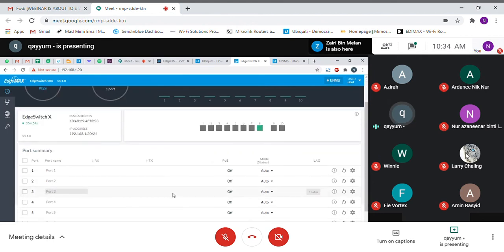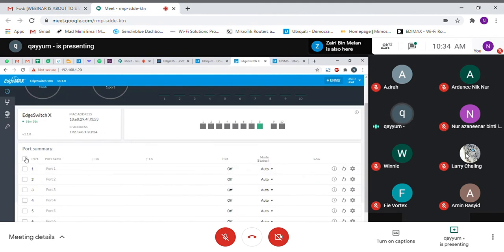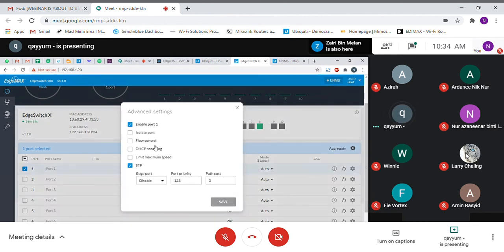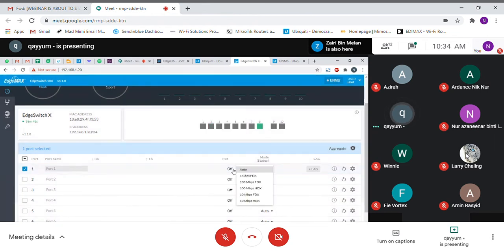Okay, and then this is where you enable PoE. Let's say you want to enable PoE on port number one. So you just edit, in here, configure. Sorry, you just click here.